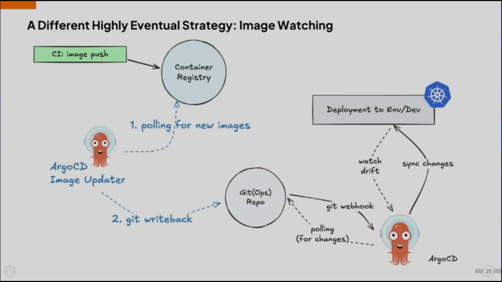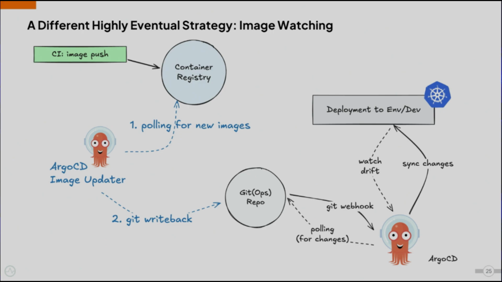what we do now is we put another tool out there called the Argo Image Updater. Now, Flux has similar plugins as well. Again, you can pick any of these tools and get the job done, so it won't really matter. I'm just using Argo as an example. And just like how Argo would poll for changes in Git, it would now poll your container registry for changes.